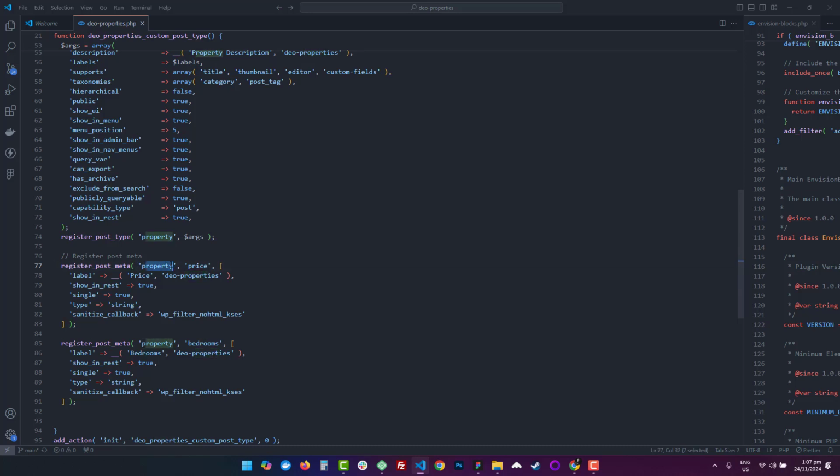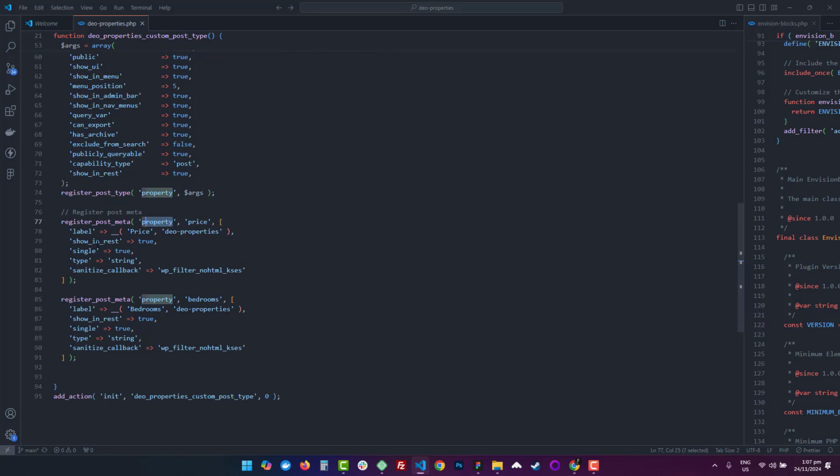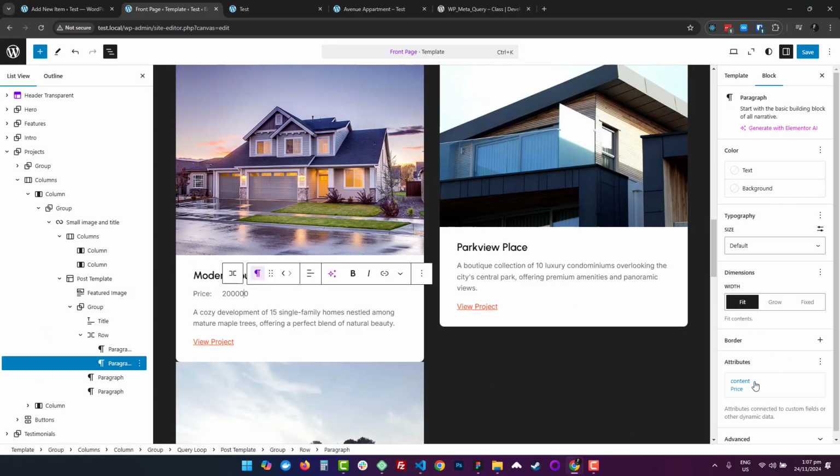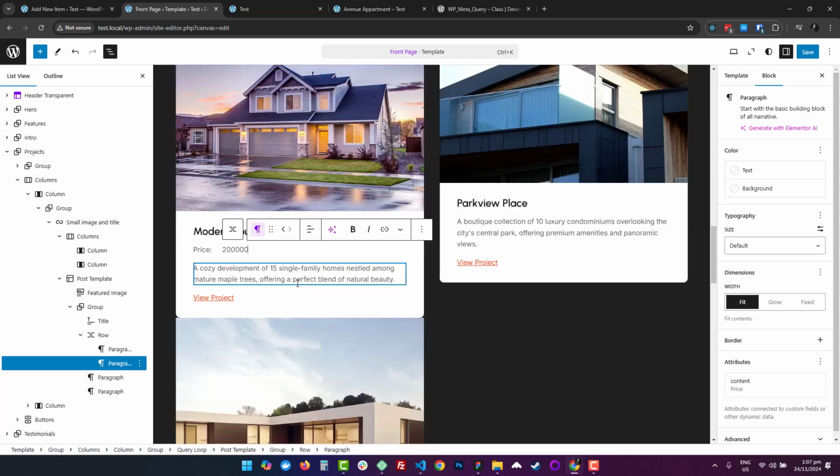This first argument is where we pass which post type will have this meta. And here it's also very important that show_in_rest must be set to true. This will make these fields appear in your editor. When we click, we should see them in attributes, and this is, by the way, how we can select them. So if I want to add bedrooms right now, all I need to do is